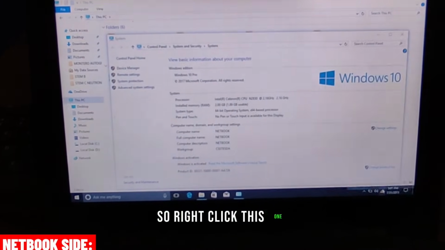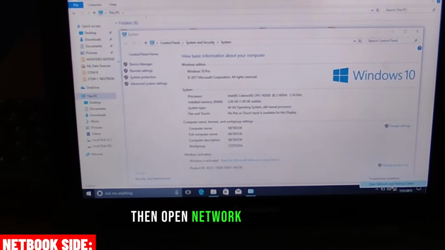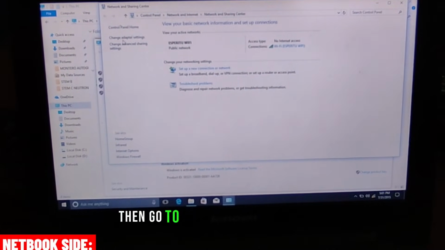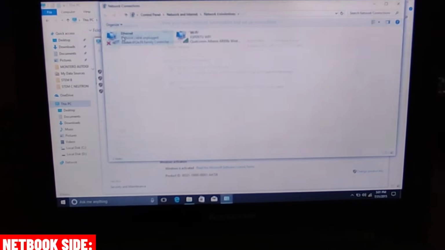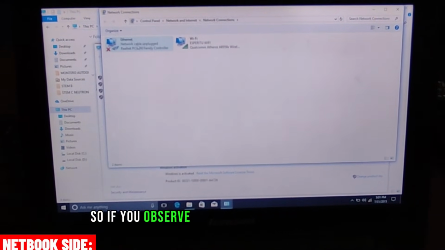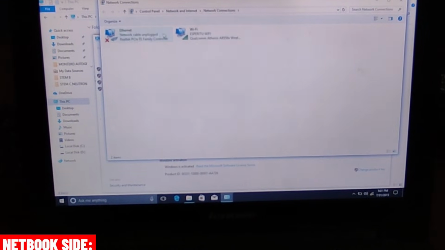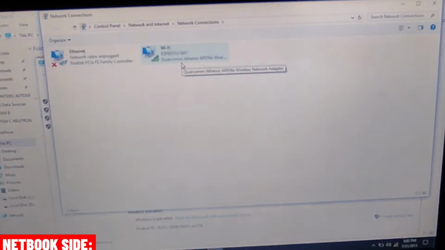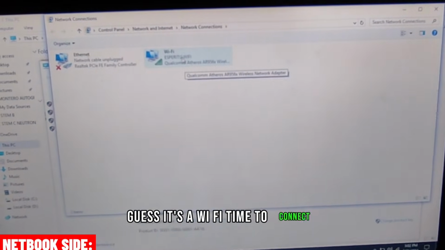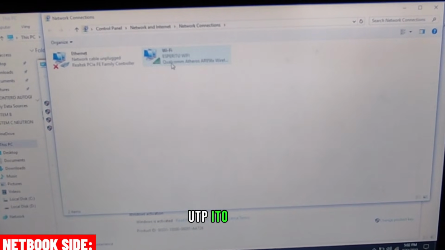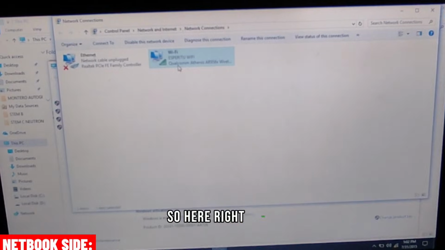So right click this one, then open network and sharing. Then go to change adapter settings. So if you observed, meron tayong Ethernet and Wi-Fi. So dito tayo mag-select, hindi dito, kasi sa Wi-Fi tayo nakakonect. Ito is sa LAN cable, UTP. Ito Wi-Fi. So here, right click,